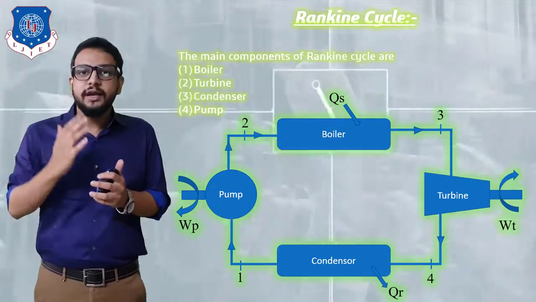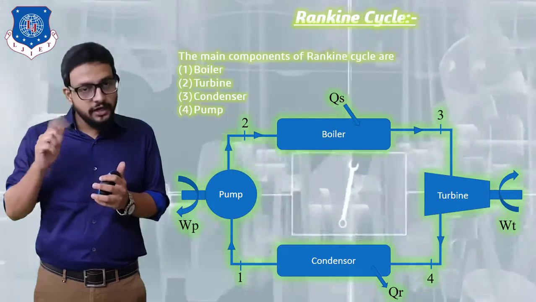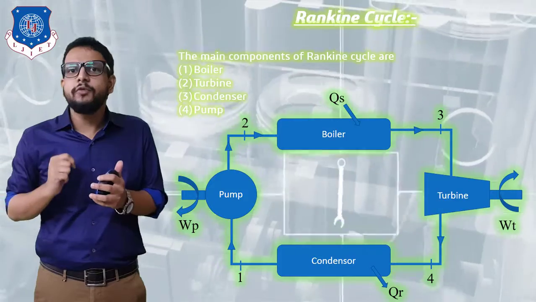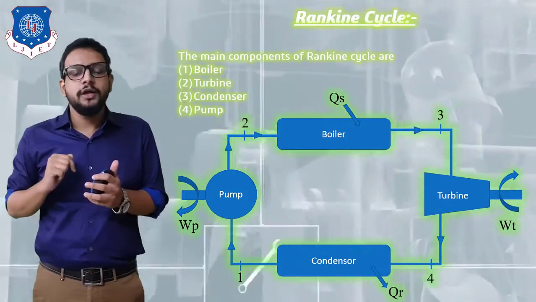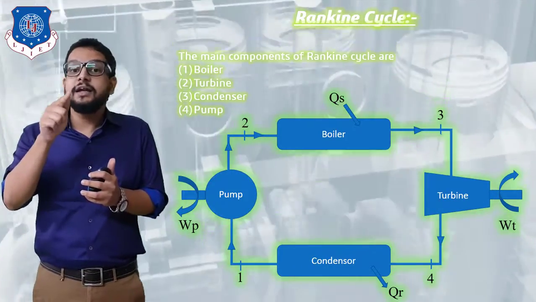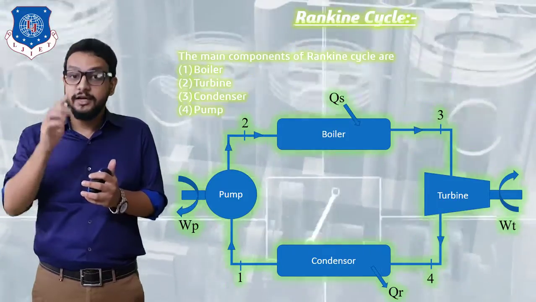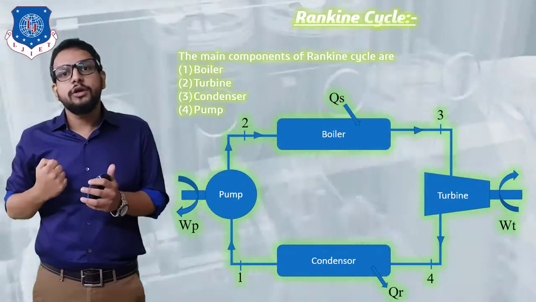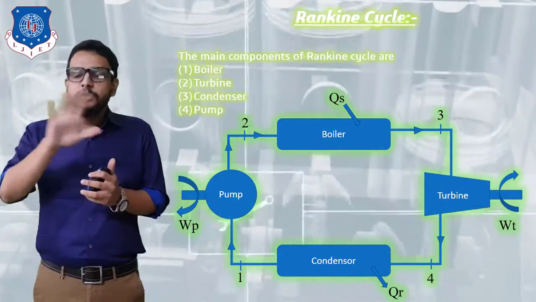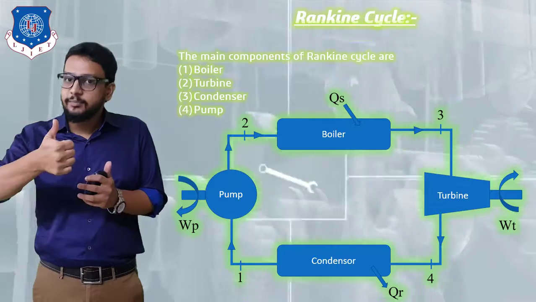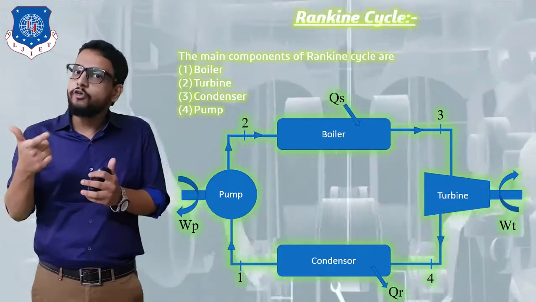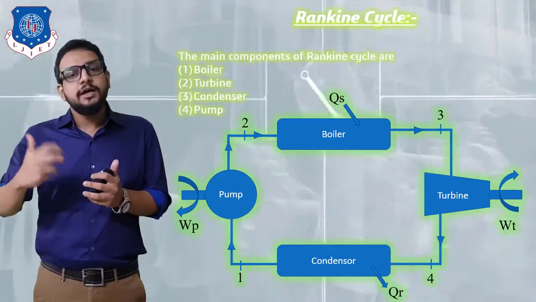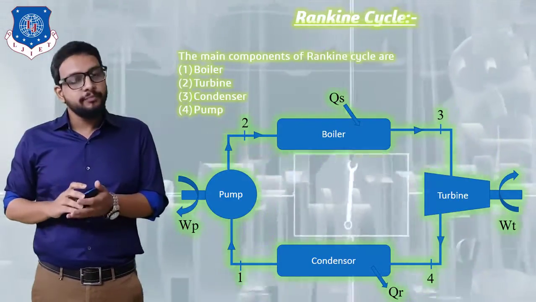Okay, so for doing that, the pump is a power absorbing device. So we need to give mechanical power to the pump. So let's say that WP is the work input to the pump, and QS represents the heat supplied in the boiler. That is, by combustion of coal, heat energy is generated, which is utilized to convert water into steam. So I hope that you are clear with all the components. QS is the heat supplied to the boiler, WT is the work output obtained from the turbine, QR is the heat rejected from the condenser, and WP is the work input to the pump.